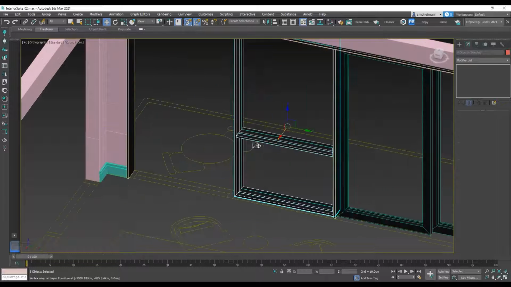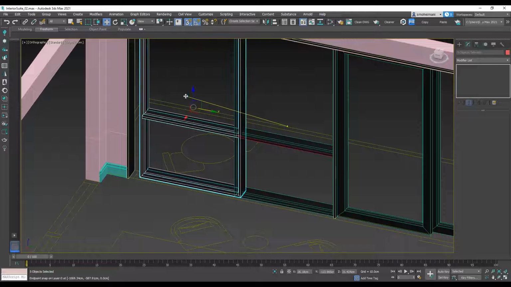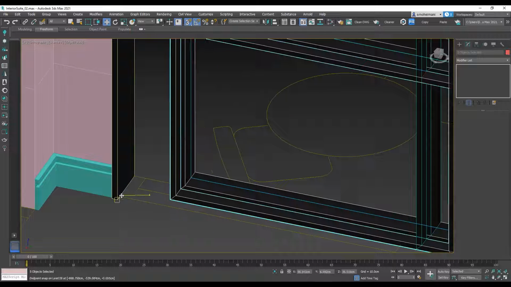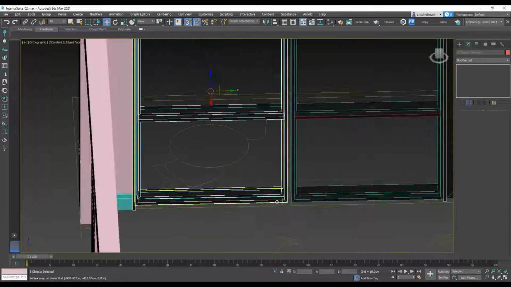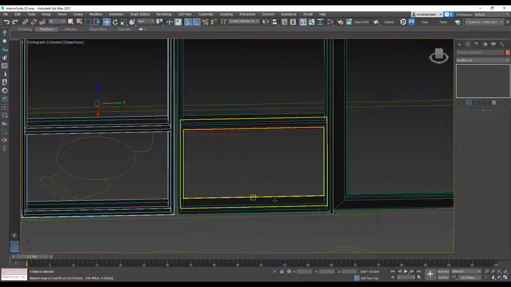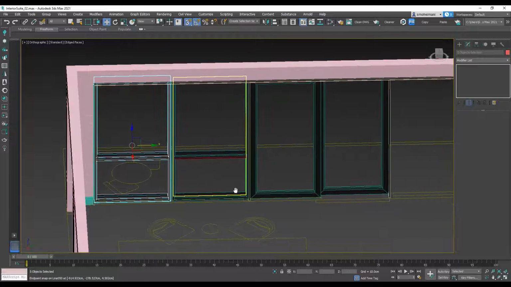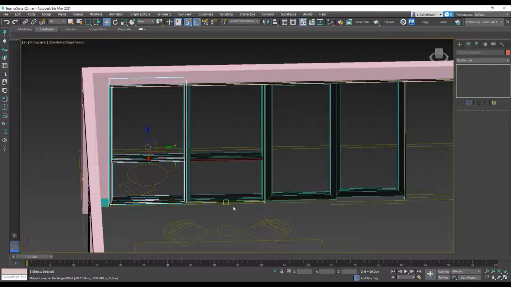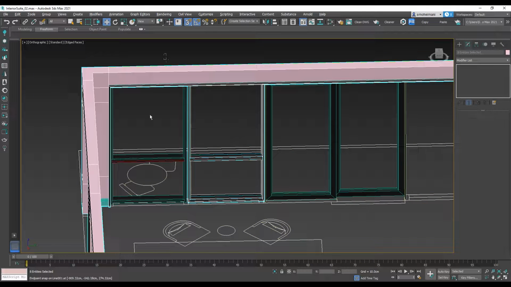So I'm gonna select it, and with shift I'm gonna make a copy and move it to the left side, and then select these mullions all together. And after that, I'm gonna move it to the left side